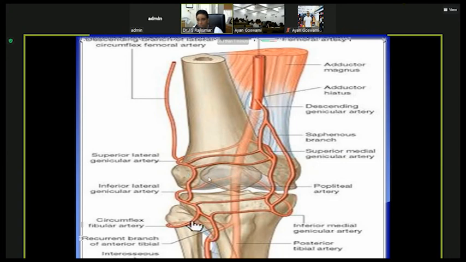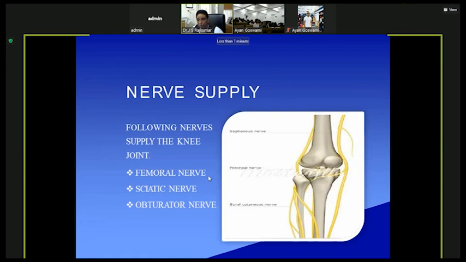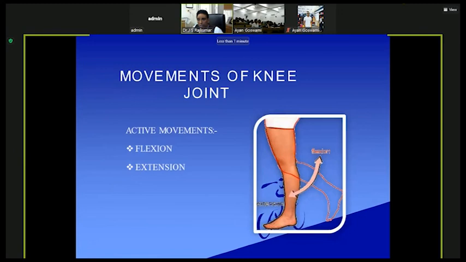We have less than a minute. And nerve supply: all the 3 nerves, femoral, sciatic, and obturator, you can see supply the knee joint. Last 2